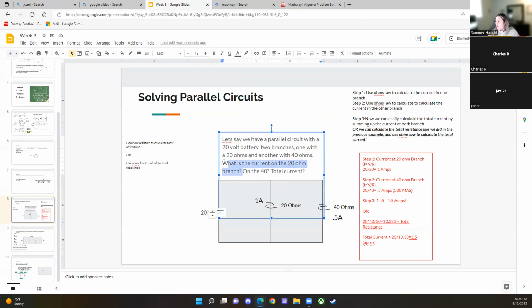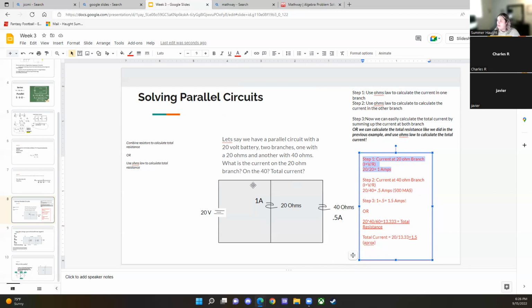Because if it only asks for the current on the 20 ohm branch, you only have to do this step. But if it's asking for the total, there are multiple steps you have to do to get there. So this can definitely be challenging, but once you do it enough times and see it enough times, it hopefully will start to make more sense. At the end of the day, we're always using Ohm's law, and that's a constant trend, and breaking it down step by step and figuring out what they want you to solve for is the easiest